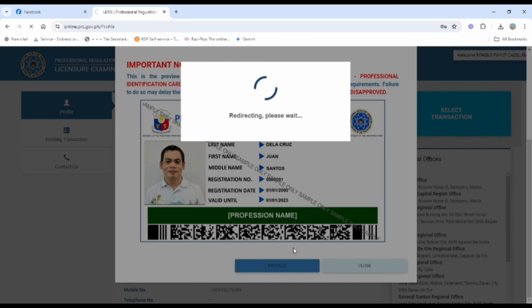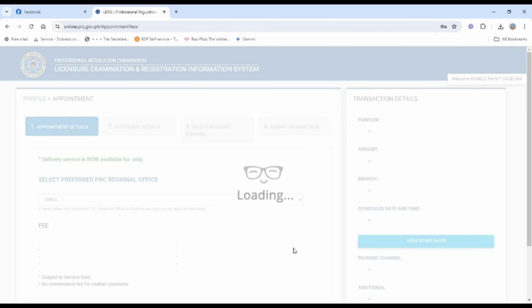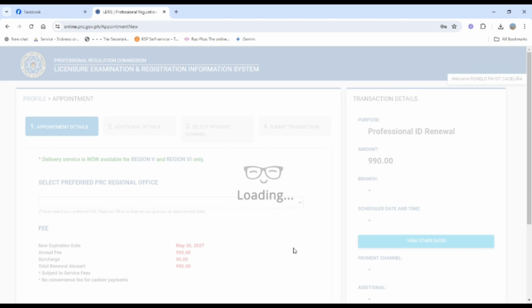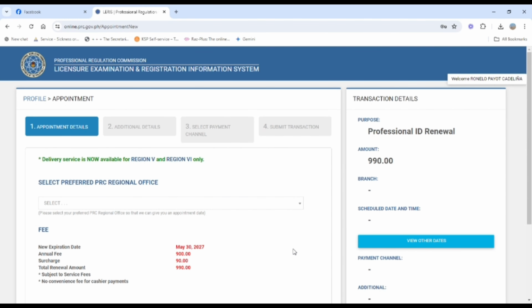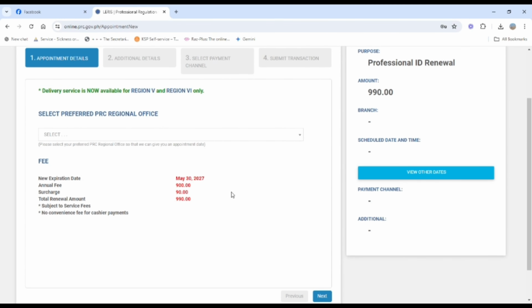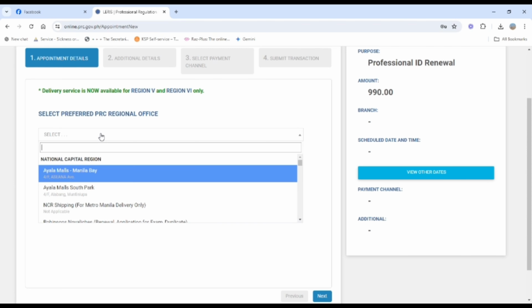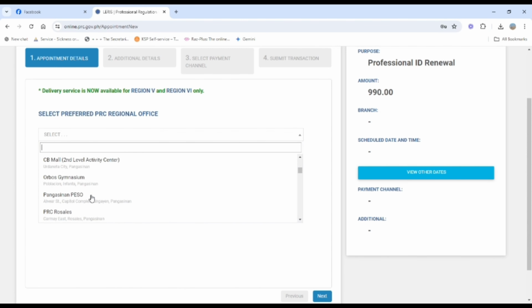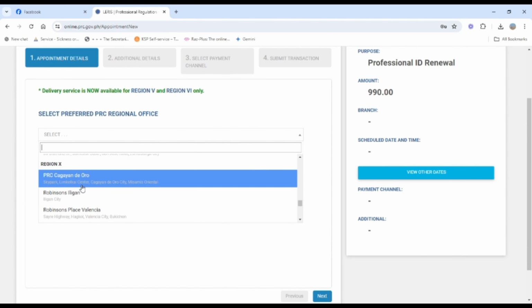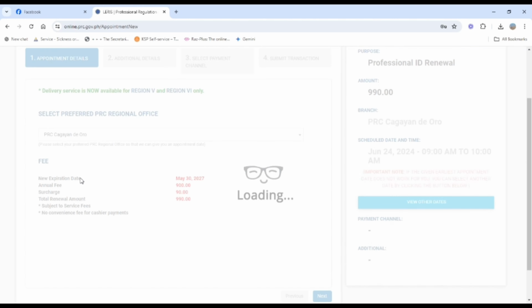Continue, and then it will appear like this. This is the amount that I have to pay, and then select the region. For me, I am from region 10, so I will look for region 10 and choose Cagayan de Oro.